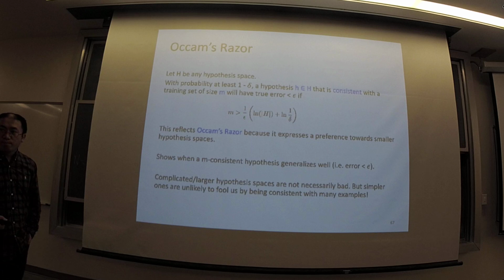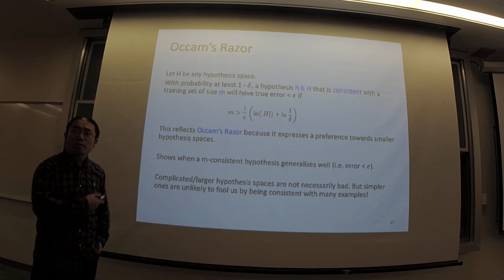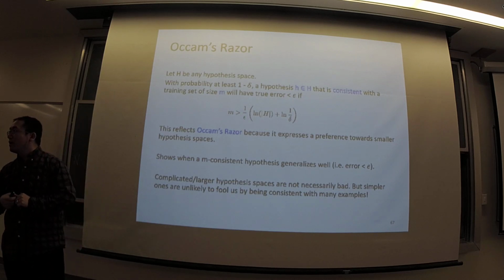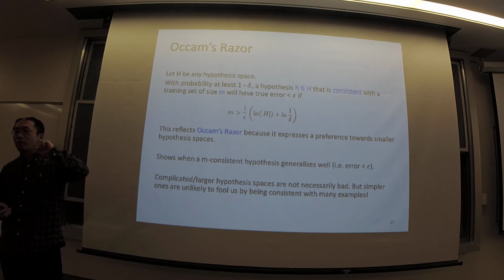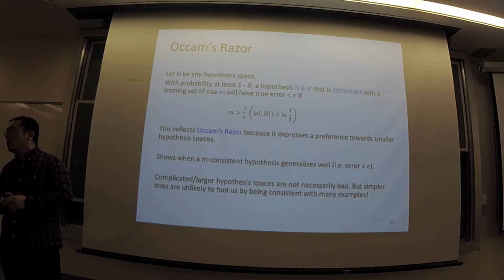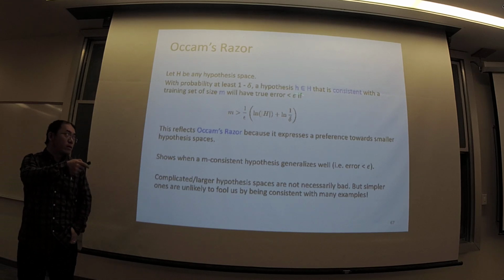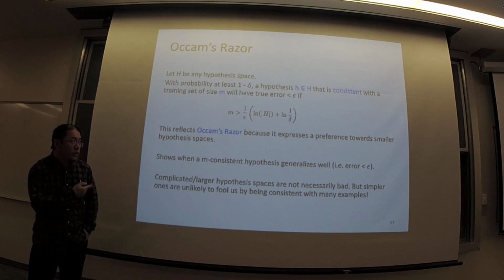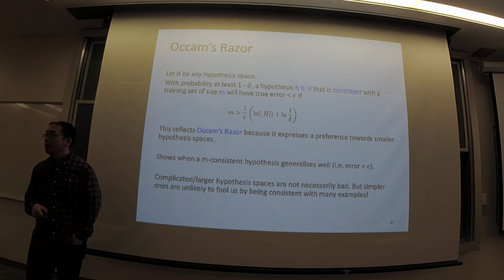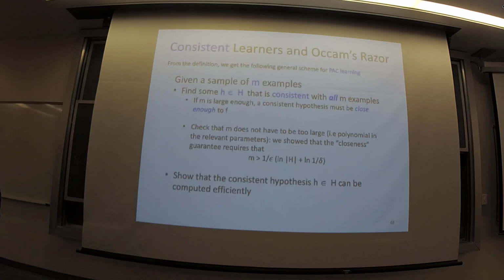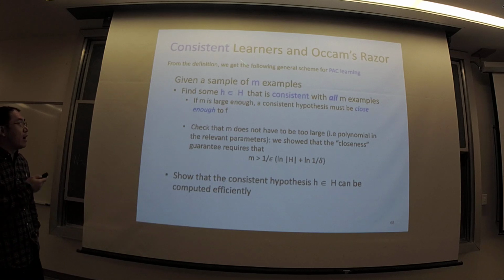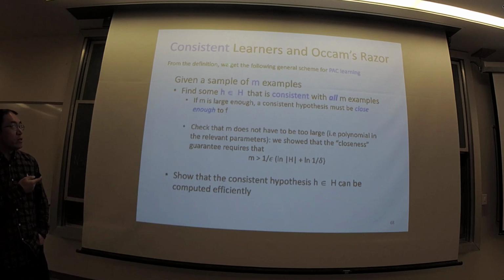But from this simple claim, it's a very idealized situation that you have machine learning models where your learning algorithm always produces a consistent hypothesis space. This is actually not practical in the real world, and we have this sample complexity which reflects Occam's razor. This is kind of amazing stuff. So we can also connect our consistent learners with Occam's razor under the PAC